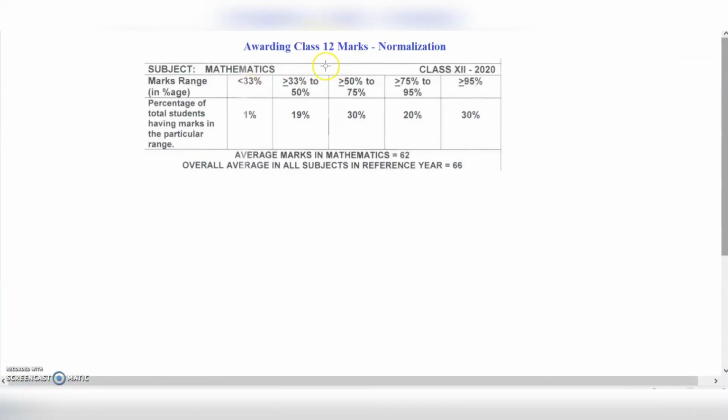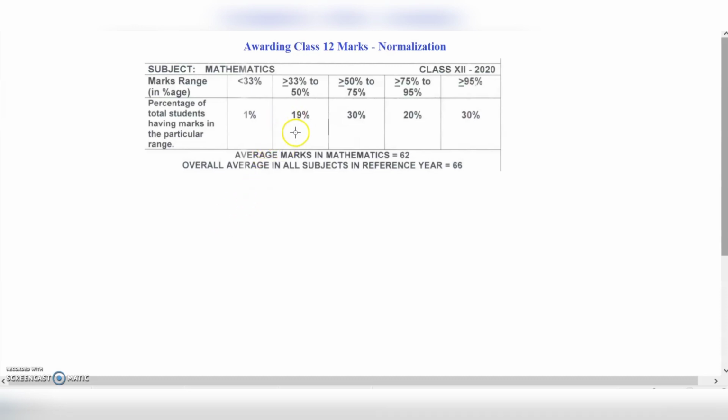As the 40% of the 12th component is calculated at the school level, it depends on the hardness and quality of the question paper sets, the correction patterns, how lenient or how difficult it was, and the offline and online mode of exams conducted during pre-board and half-yearly of 12th.